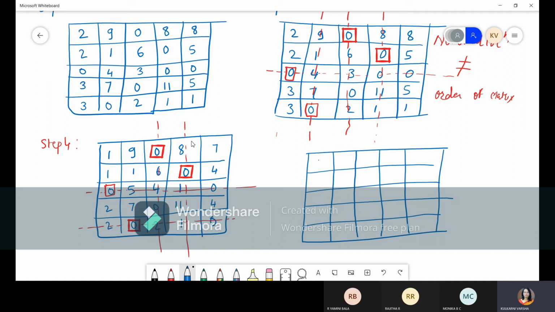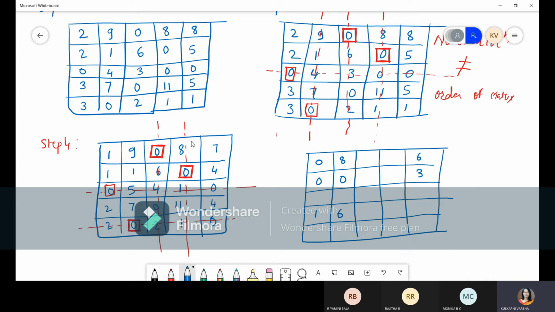So 1 minus 1, 0. 1 minus 1, 0. 9 minus 1, 8. 1 minus 1, 0. 7 minus 1, 6. 4 minus 1, 3. Right? Wherever uncrossed elements are there, here and here. 2 minus 1, 1. 7 minus 1, 6. So we have done with all uncrossed elements, we have subtracted 1 from them.